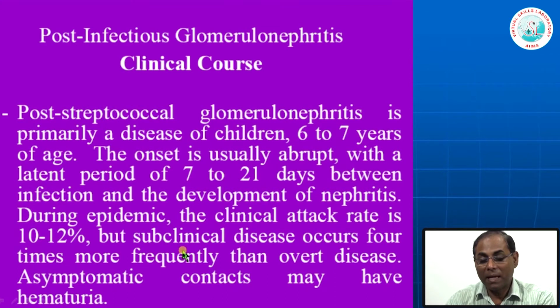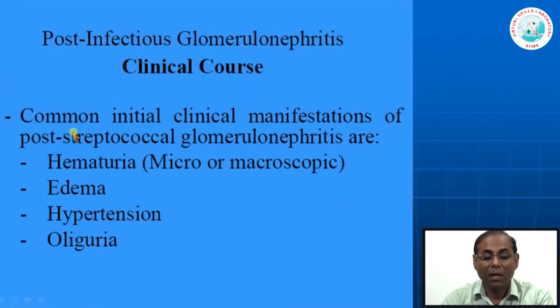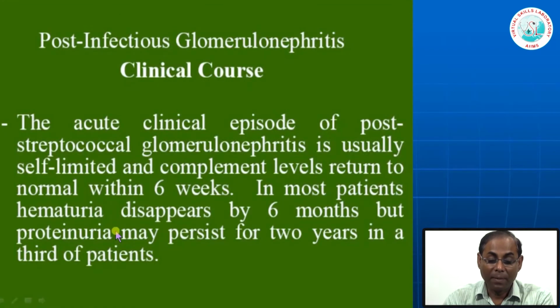During epidemic, the clinical attack rate is around 10 to 12%, but subclinical diseases occur 4 times more frequently than overt diseases. So, many of them children, they may develop a mild proteinuria, mild hematuria, not much other systemic manifestations. They do not come to the clinics or hospital. Now, the common initial clinical manifestations are hematuria, microscopic, sometimes macroscopic also, edema, hypertension and oliguria, typical nephritic syndrome, and